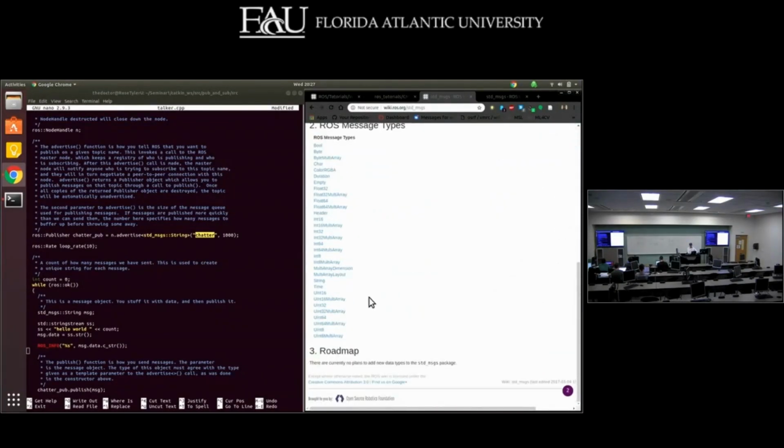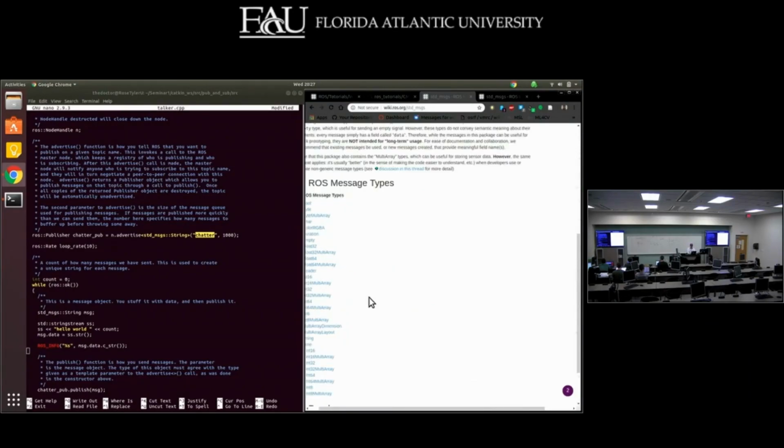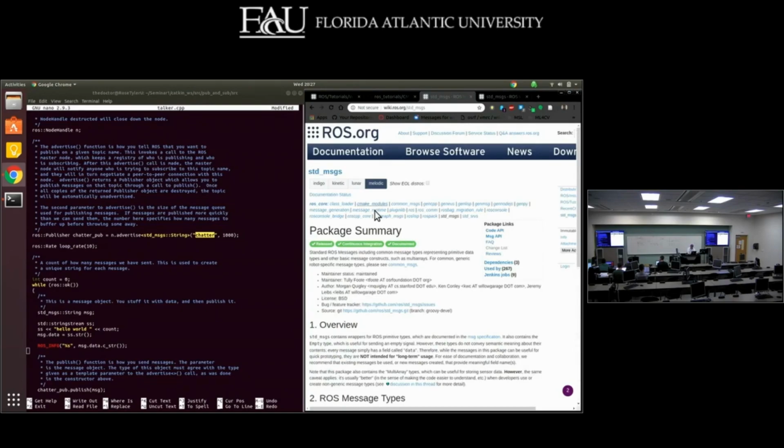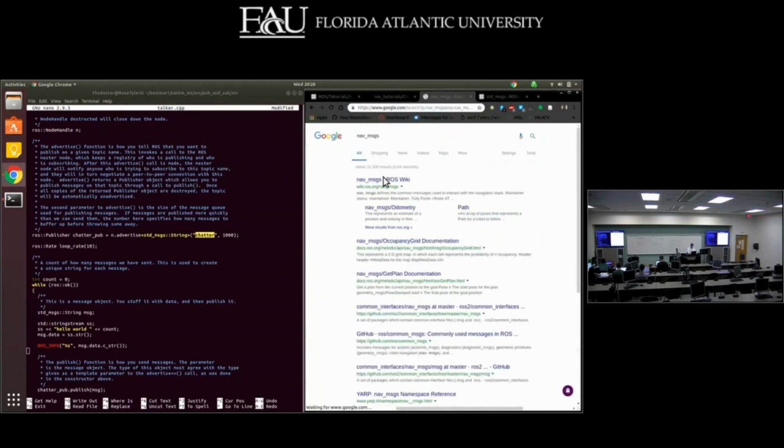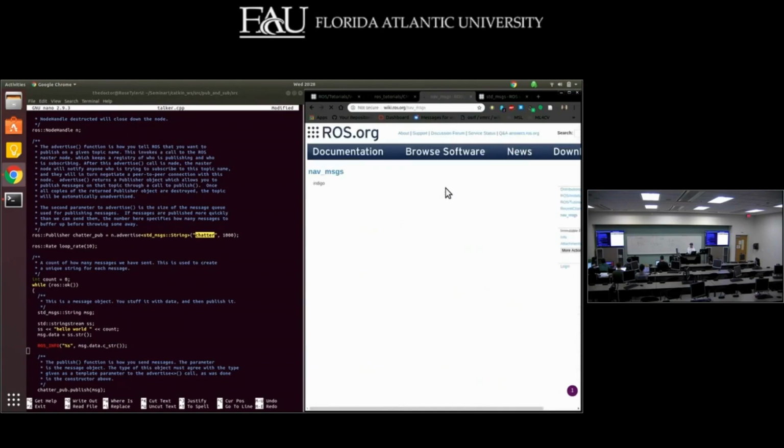So these are all the different type of standard messages, but there's also so many more. You could look at, let's say, instead of standard messages, nav messages, right? So you have ROS nav messages, which has more complex types like,